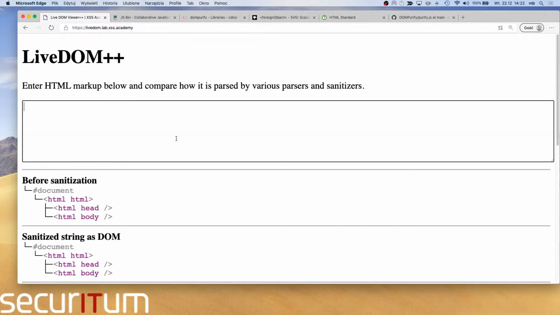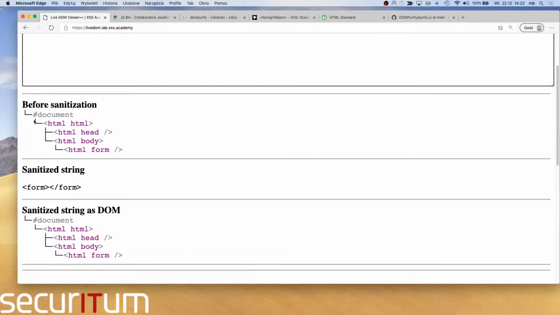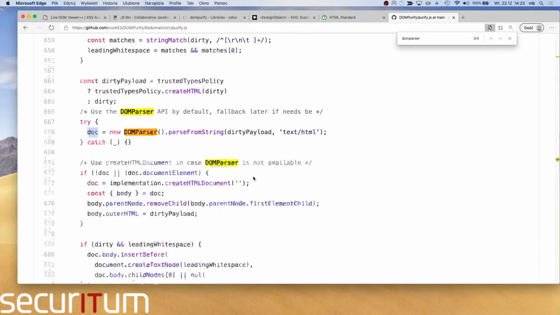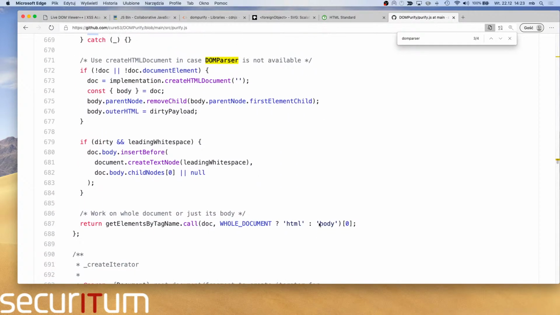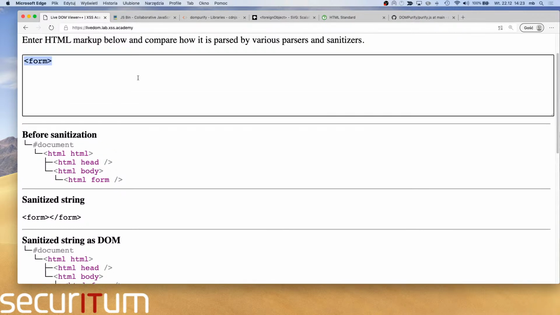So when I enter some markup, like maybe even form, then DOMPurify sanitizes it using DOM Parser, and then it looks at body. We can see it somewhere in here that in the default configuration, DOMPurify only iterates over body. So it iterates over all children of body and decides whether this element or attribute is in an allow list or not. This has an interesting side effect